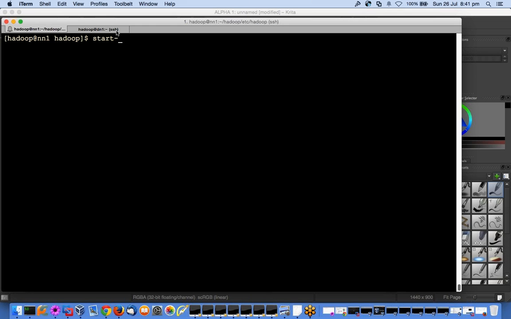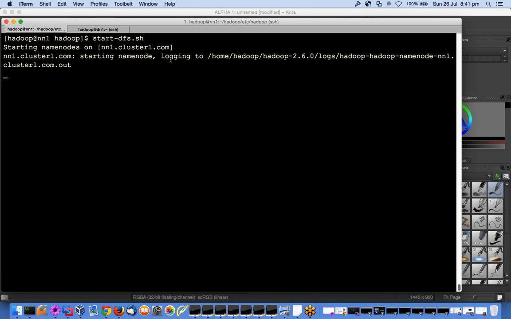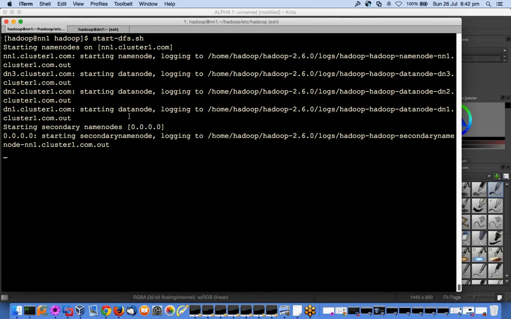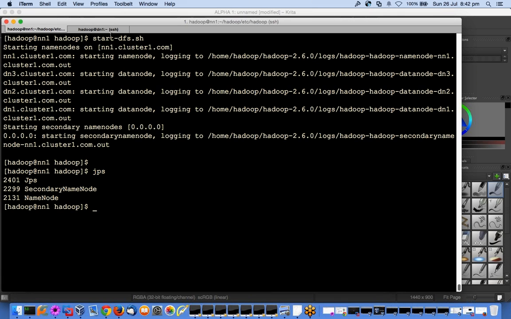By default, Hadoop provides me the start-dfs.sh script. What it does is read the slaves file, go to each node, start the data node, and the node on which I run this script will start the name node on it. So I will set passphrase-less access. Right, so the data node is starting, it is giving me a message. JPS, if I do here,